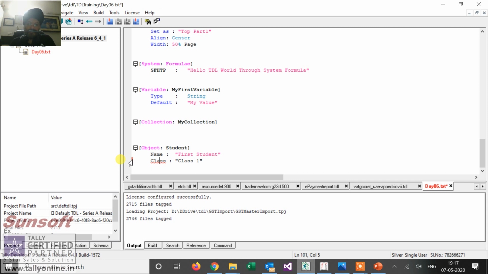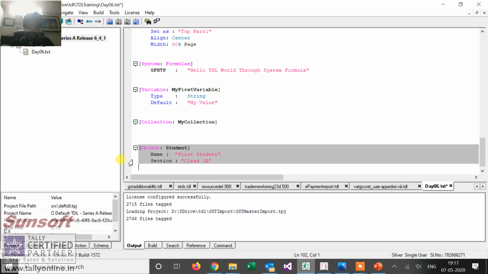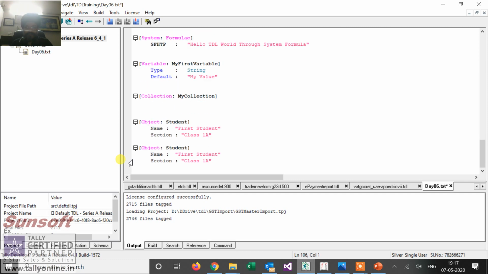Since class is a reserved word, let us say section as class 1A. Now I create one more object, student 1 as second student. This also I keep it, and let me create one more object.